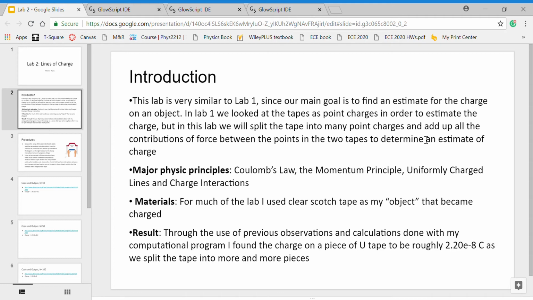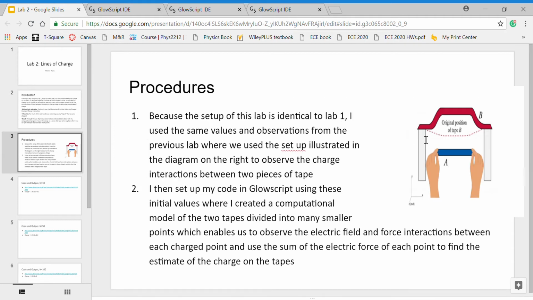Some of the major physics principles we looked at in this lab were Coulomb's law, the momentum principle, uniformly charged lines, and charge interactions. For much of the lab, I used clear Scotch tape as my object that became charged. Through the use of previous observations and calculations done with my computational program, I found the charge on the piece of tape to be roughly 2.2 times 10 to the negative 8 coulombs as we split the tape into more and more pieces. Because the setup of this lab is identical to Lab 1, I used the same values